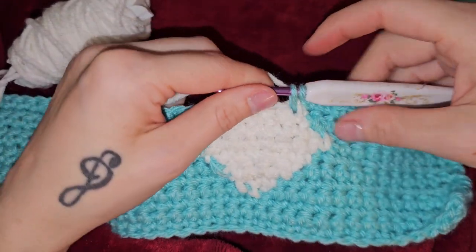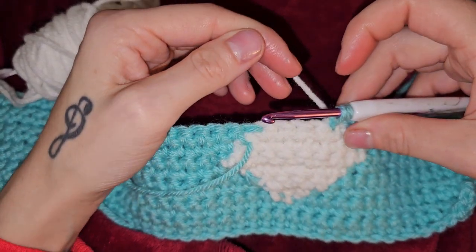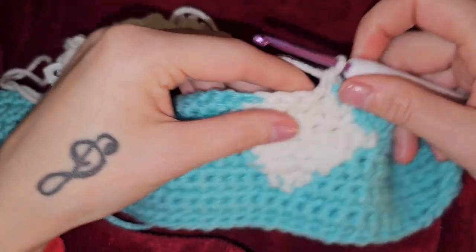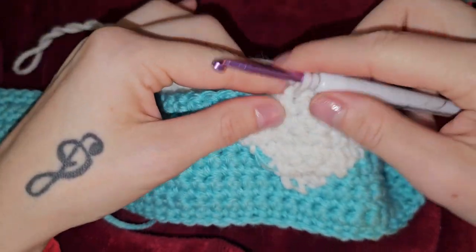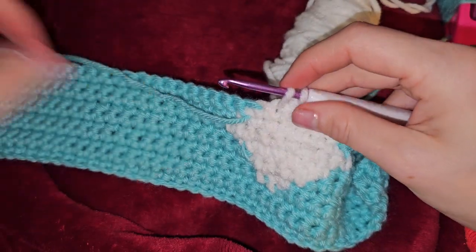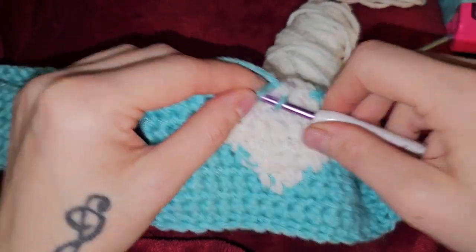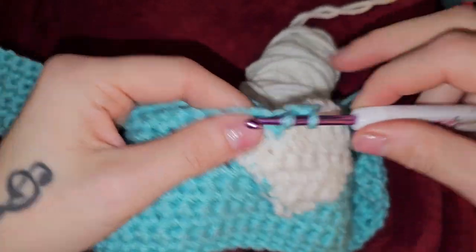So row 11, I did my 13 teal stitches, picked up that white bobbin, and now we're going to do 3 white, 1, 2, 3, and we're going to end row 11 with 35 teal stitches. Bring in that loop over,